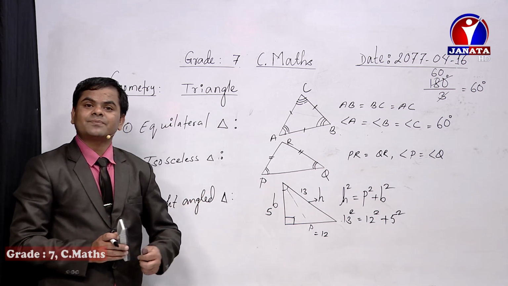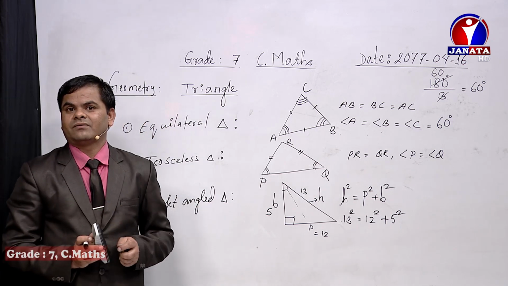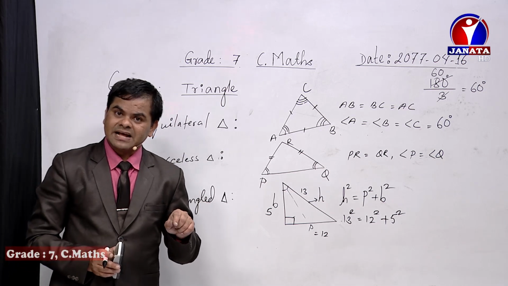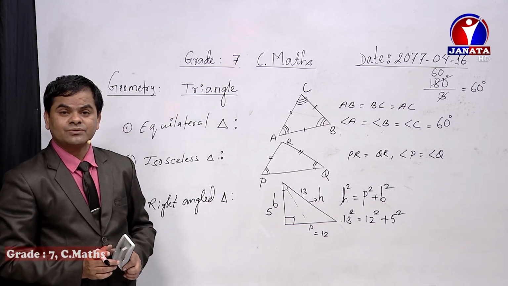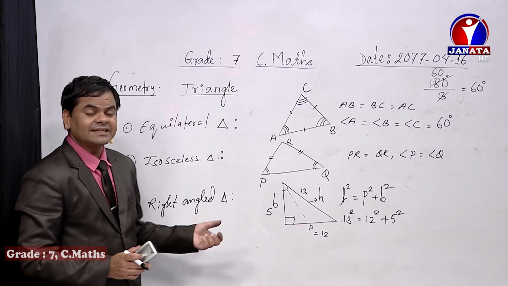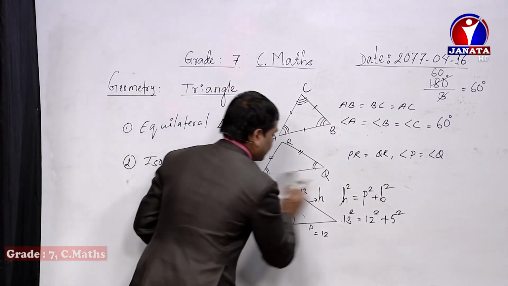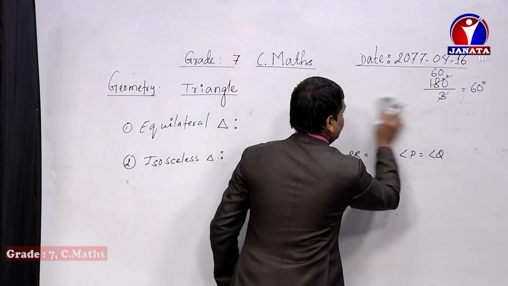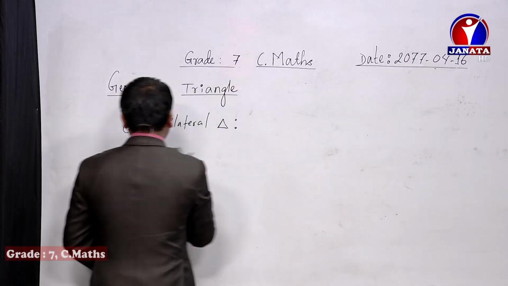Similarly, in a right angle triangle, among the three angles, one angle will be 90 degree. We don't care about the other angles. And in case of sides, hypotenuse square always equals the summation of perpendicular square and base square, that means h square equals p square plus b square. That must be known in case of these three types of triangle. Now I am going to focus on the last one. Which one? Scalene, isn't it?